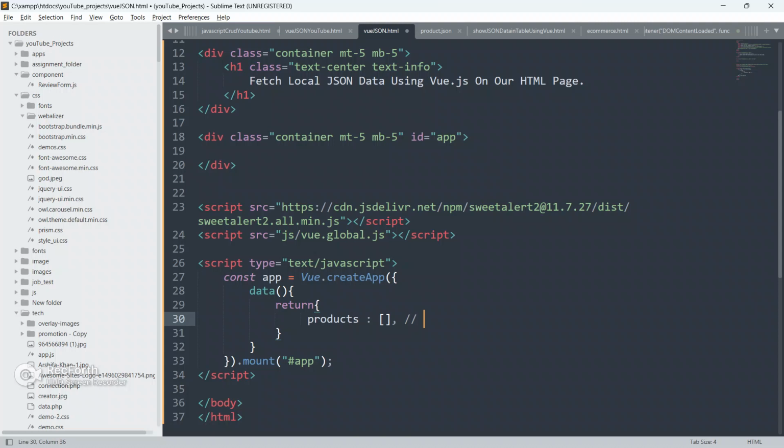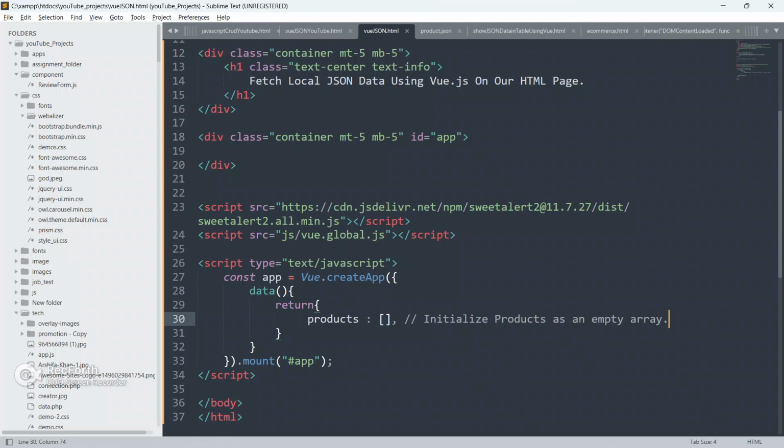I will add a comment also, so that you will understand: initialize products as an empty array.